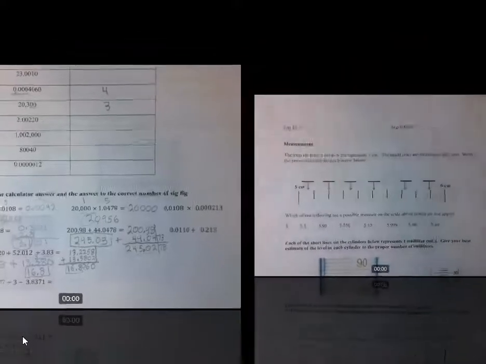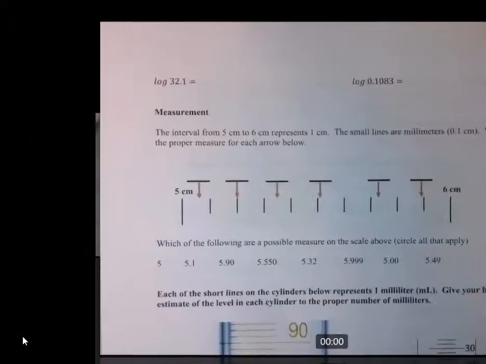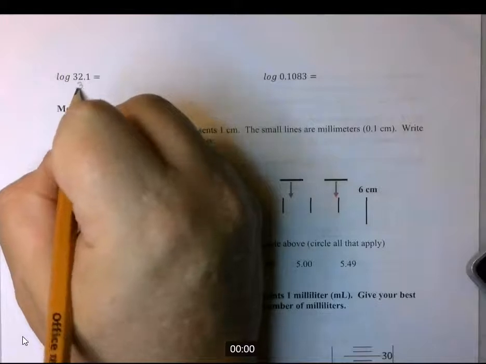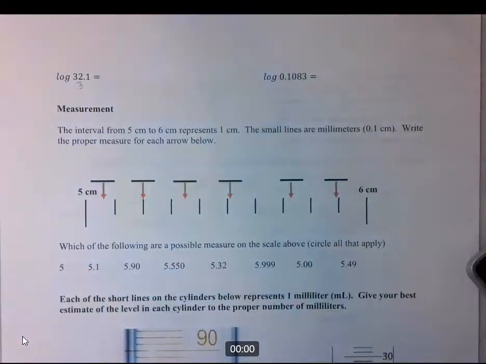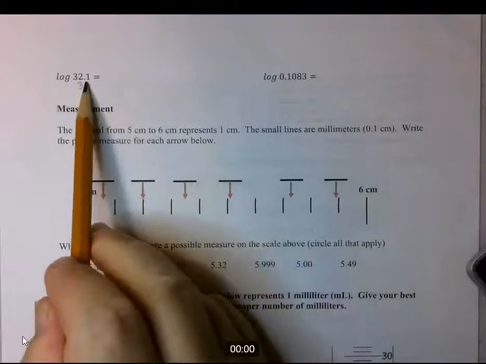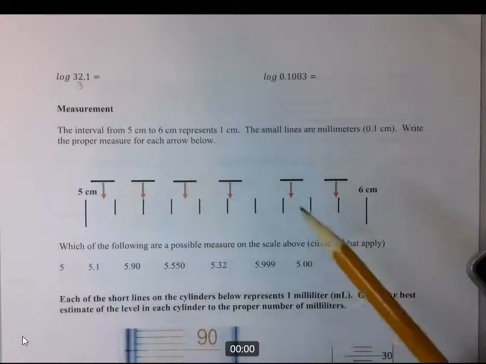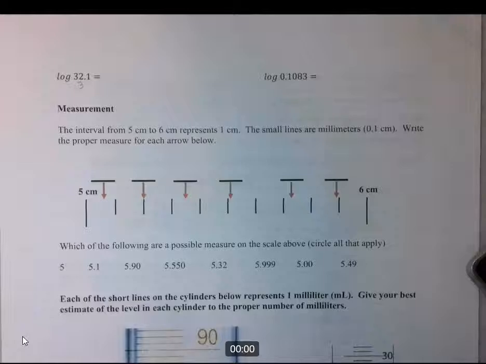Okay, finally we'll finish up with a problem dealing with logs. I gave you 2 of them. Let's do this one. So this has 3 significant figures, and the rule was, it's kind of a convoluted rule when I read it to you on the video, but it basically says however many significant figures there are here, 3, that's how many places after the decimal your answer is going to have. So you go on your calculator